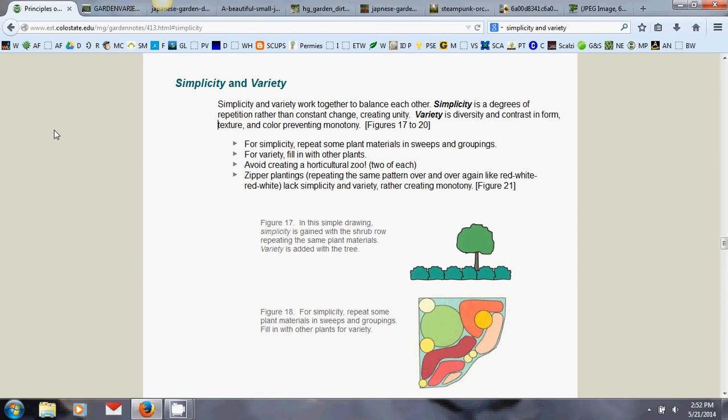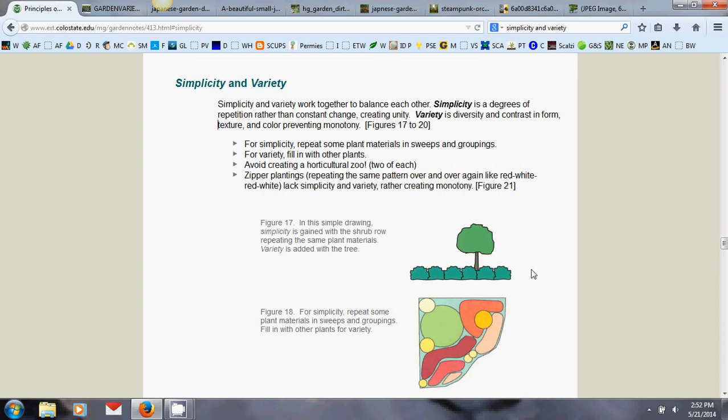So you might have a lot of sweeping plantings that look good in big groups, but you don't want that to be the only thing there because then people's eye will just pass right over it because there's no focal point, there's no contrast. And so for an example with this little drawing, you have a very simple line of